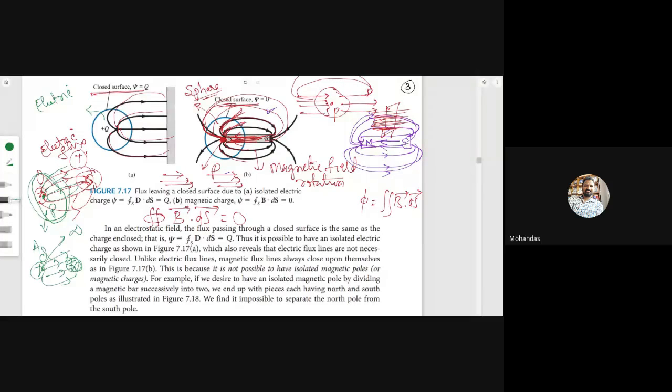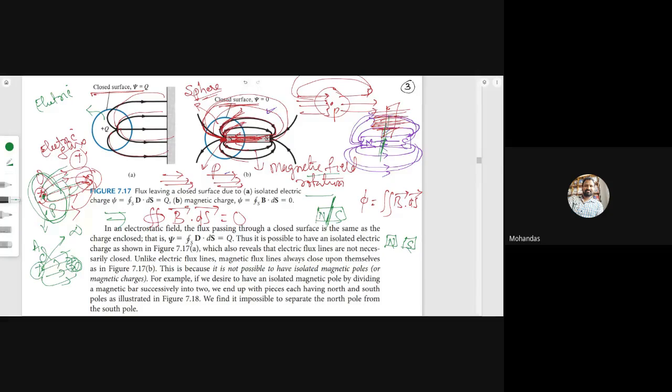So the total concept can be written mathematically with this equation: the closed surface integral of B dot ds equals 0. What is the reason here? The exact reason is that the magnetic field is a rotational field, that is one thing. Another thing is, suppose you take a permanent magnet with a north pole and a south pole. If I break it, how many pieces are there? Two pieces. This is a north pole and this is a south pole. Is it possible?